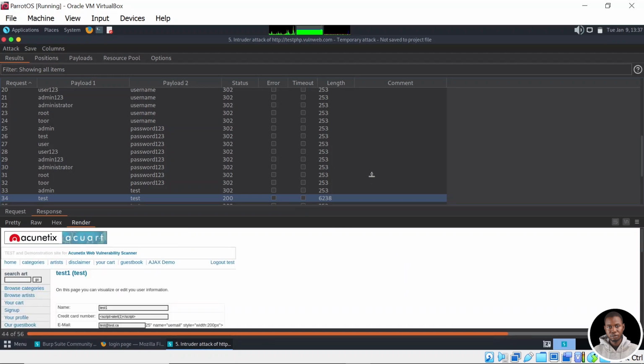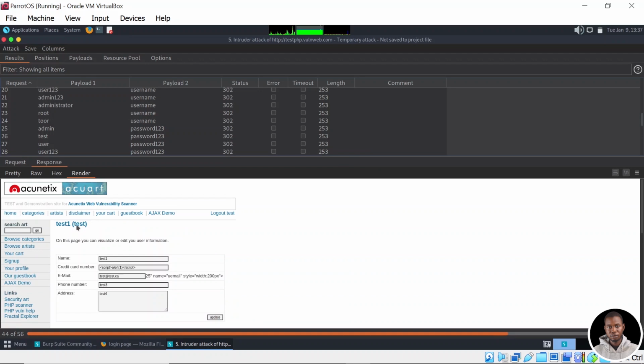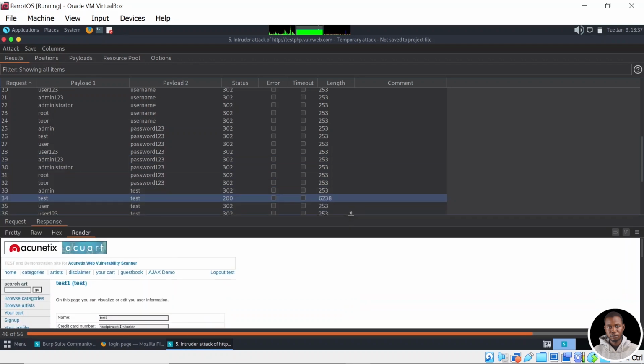Just scroll up a little bit. So you can see that we have successfully logged in as the test user. So this is how we can perform an automated attack using the Burp Suite application. Now that we have the valid username and password, which is test for username and test for password, we can